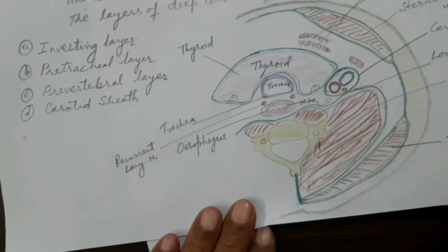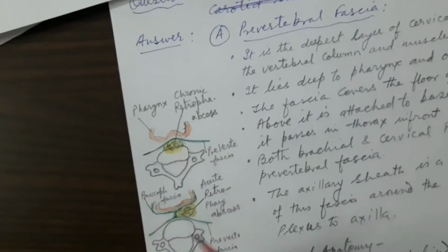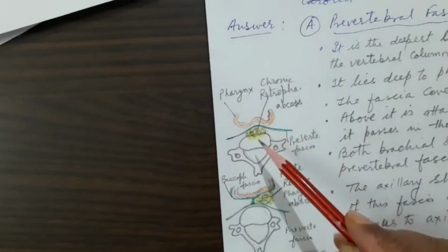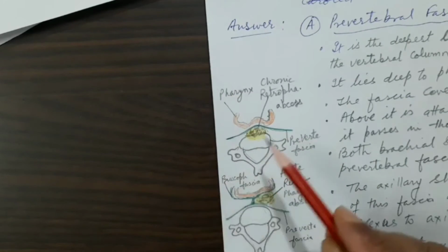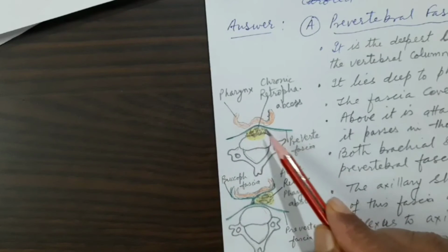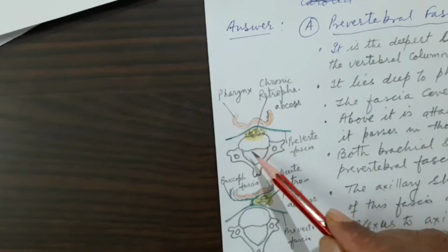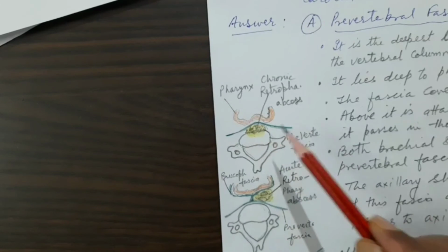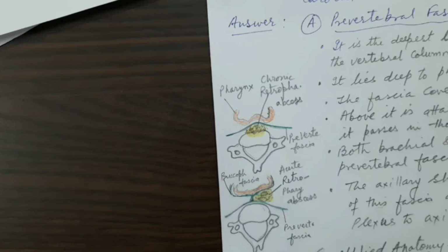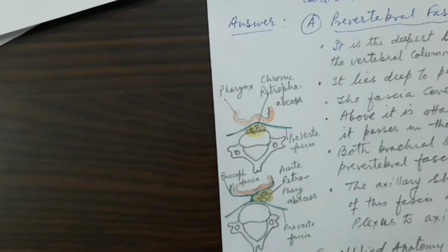Let us see this abscess formation deep to the prevertebral fascia. See this diagram, I have just drawn a diagram, and here is the pharynx. This is the prevertebral fascia, which is lying posterior to the pharynx. These are the vertebral bodies, and this will lead to the formation or collection of pus in front of the vertebral bodies to begin with, and usually this collection of pus is called the chronic